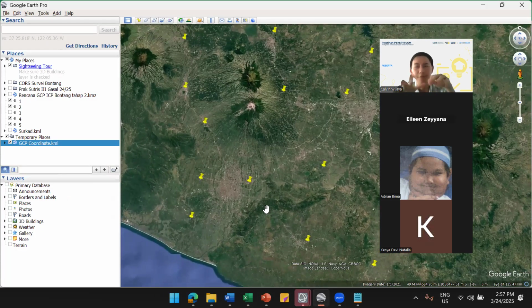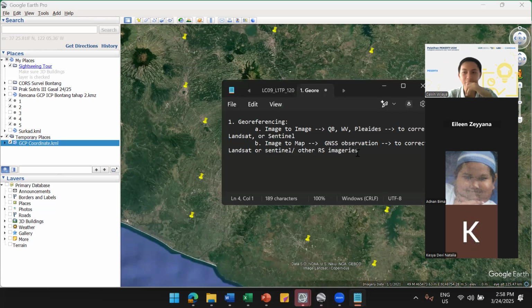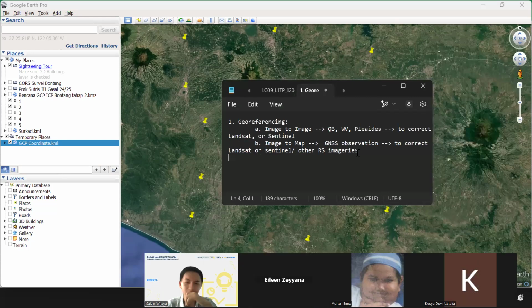This is the real world ground truth you observe or measure using GNSS. But you need to know that there is another georeferencing method using another image that may have higher resolution, usually very high resolution like QuickBird and so on, to correct the geometry. So this is the first step.